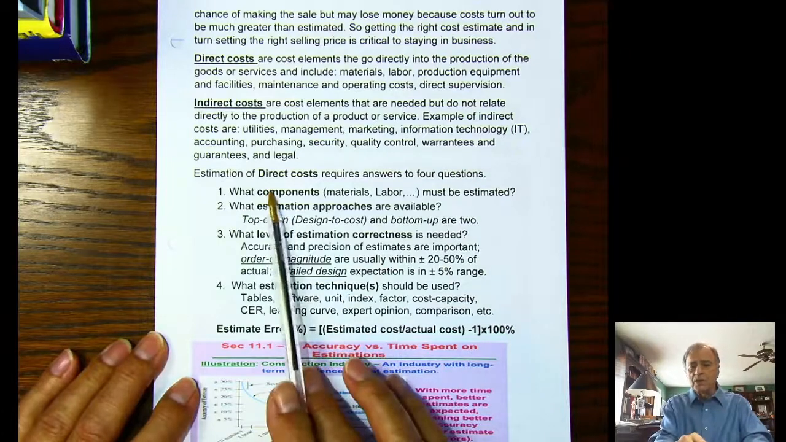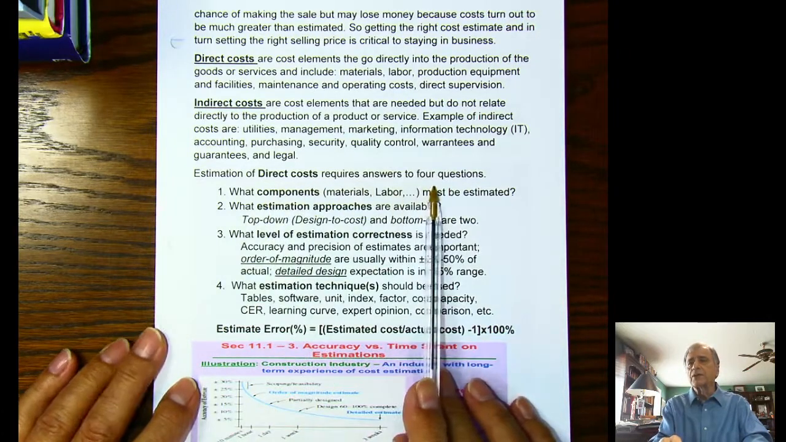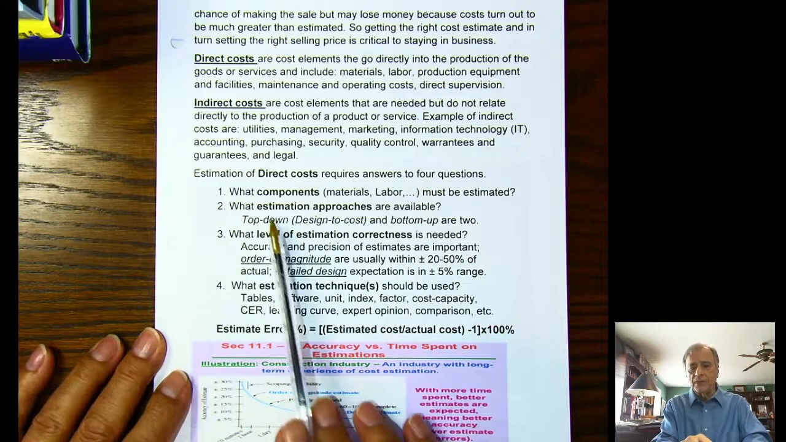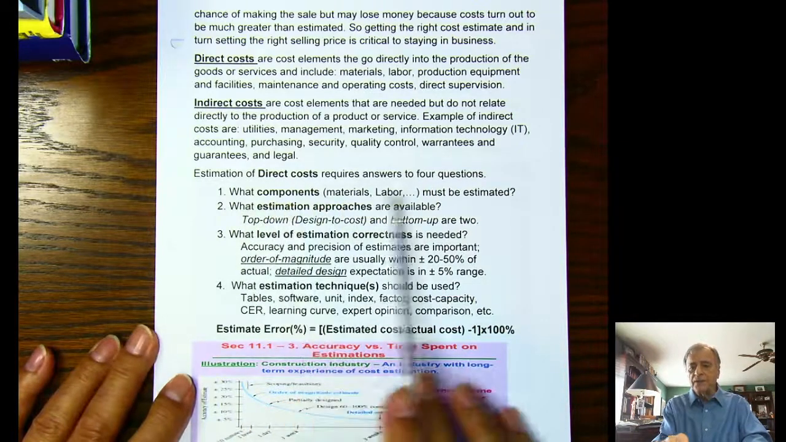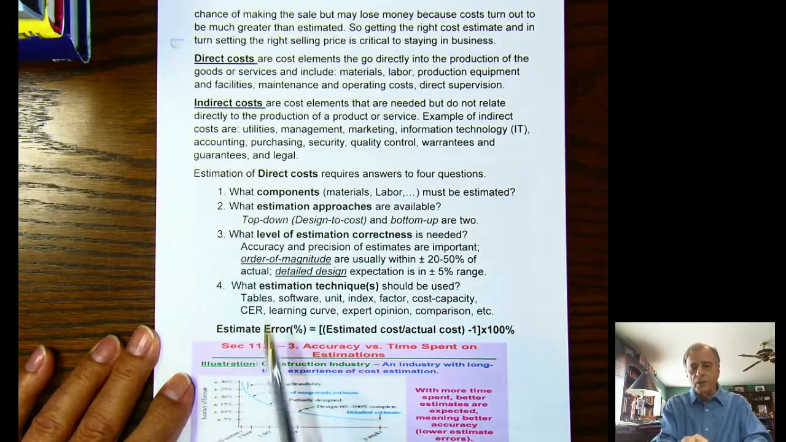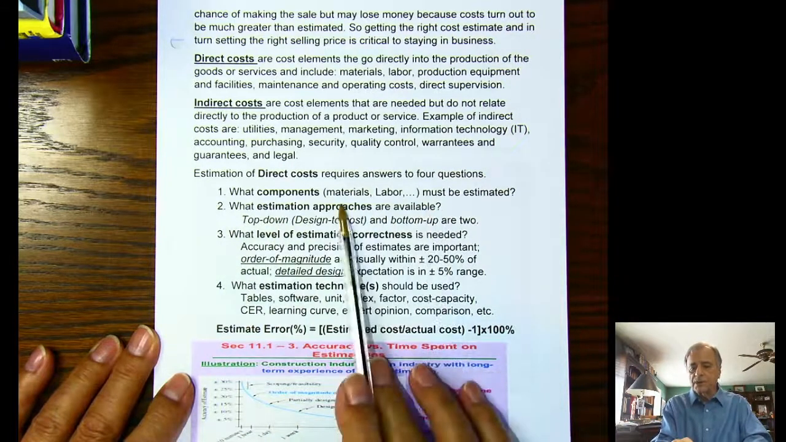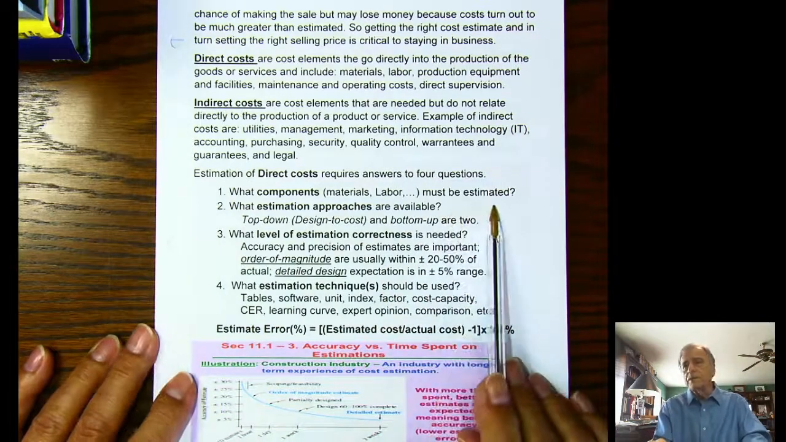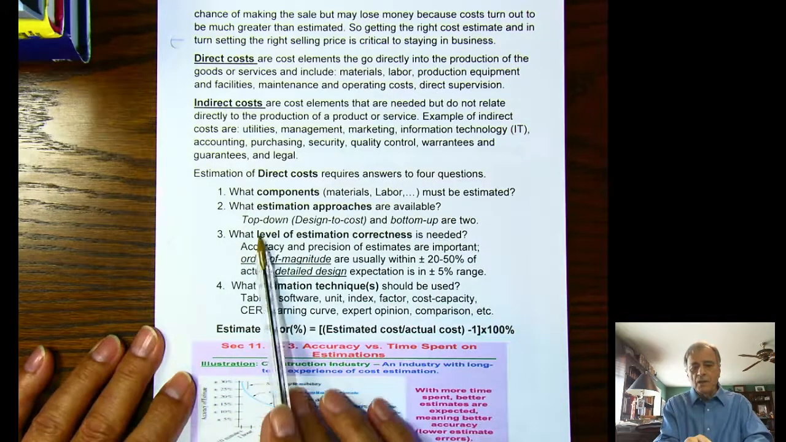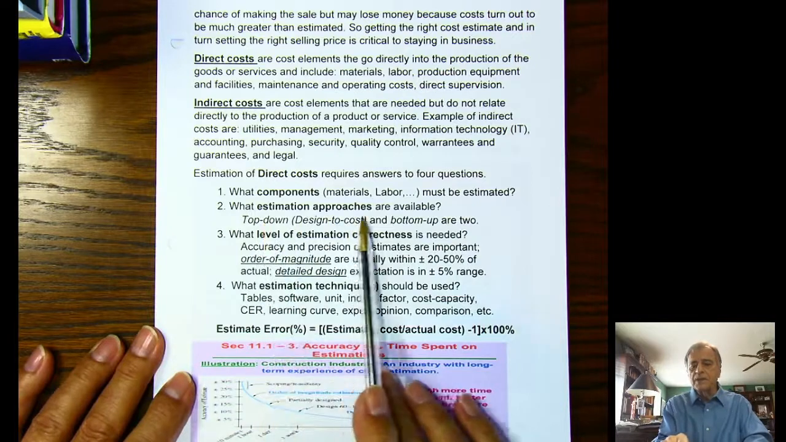So we want to estimate direct costs first, and we're going to have to determine what the components are. So we have to answer 4 questions. First of all, what are the cost components? Materials, labor, as I've listed up there. Those must be estimated. Second, what is the estimation approach